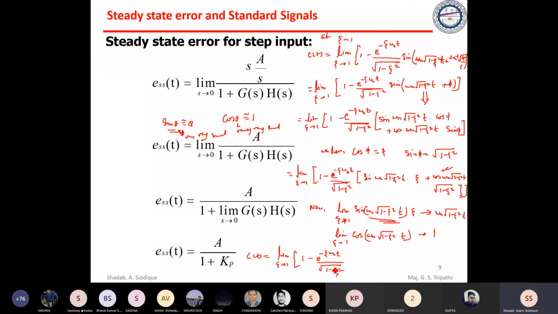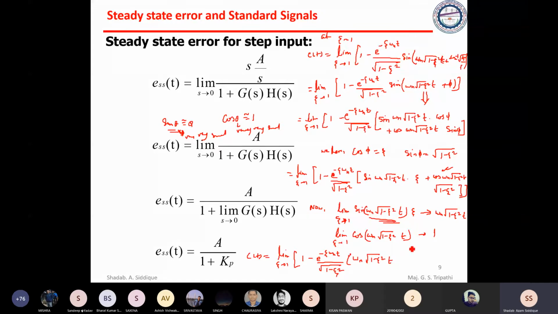If the denominator term is there, either you can go through the differential form, differentiating numerator and denominator, but that is very lengthy. So before going to this, we have an option to cancel out. We'll go through this and try to see. We will have this term, and sine of omega n square root of 1 minus zeta square into t can be written as omega n square root of 1 minus zeta square into t.